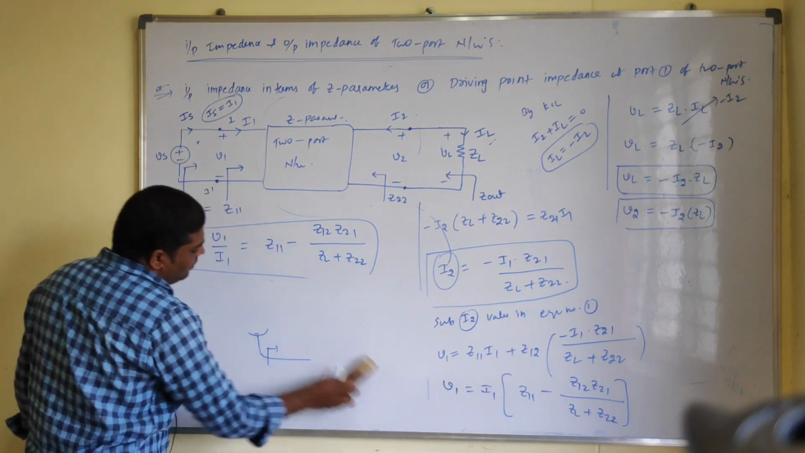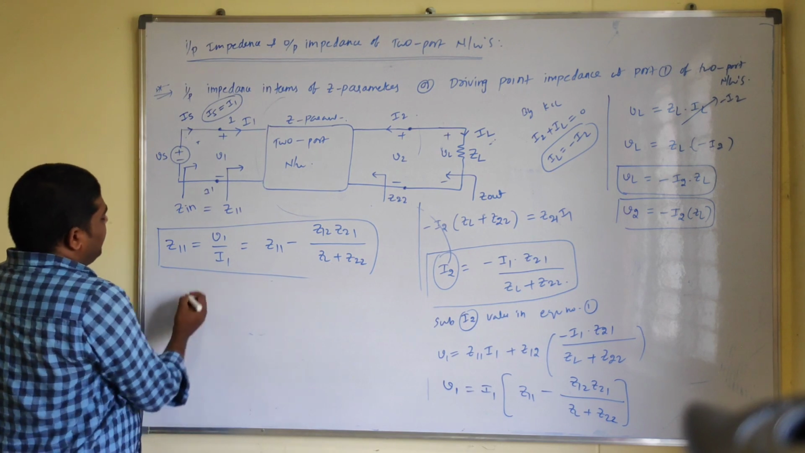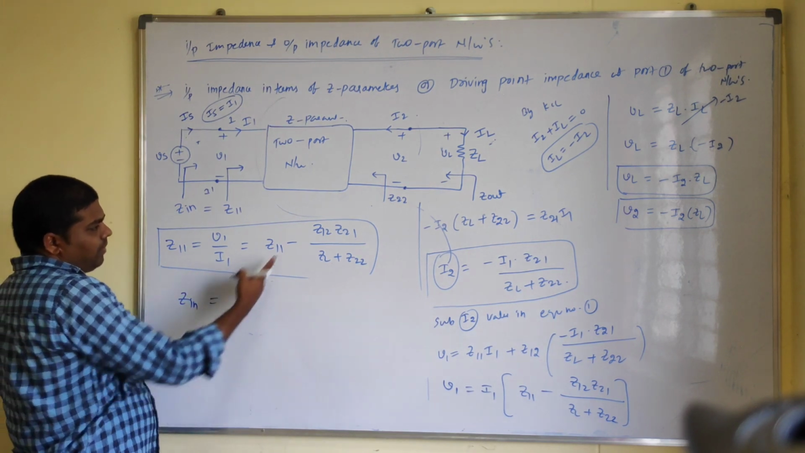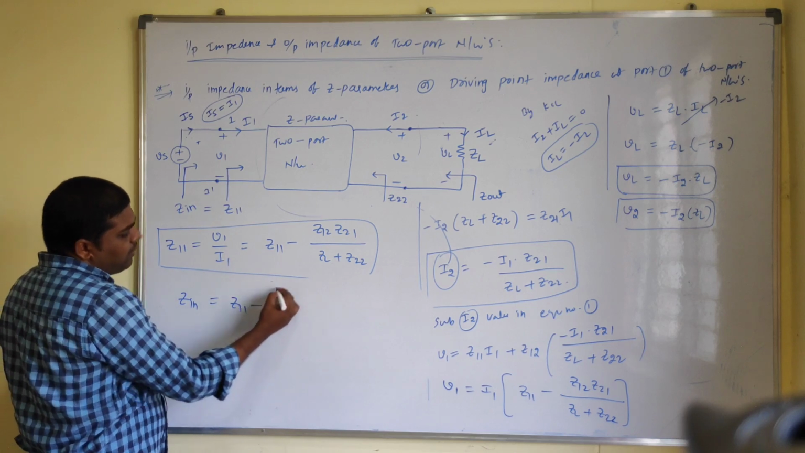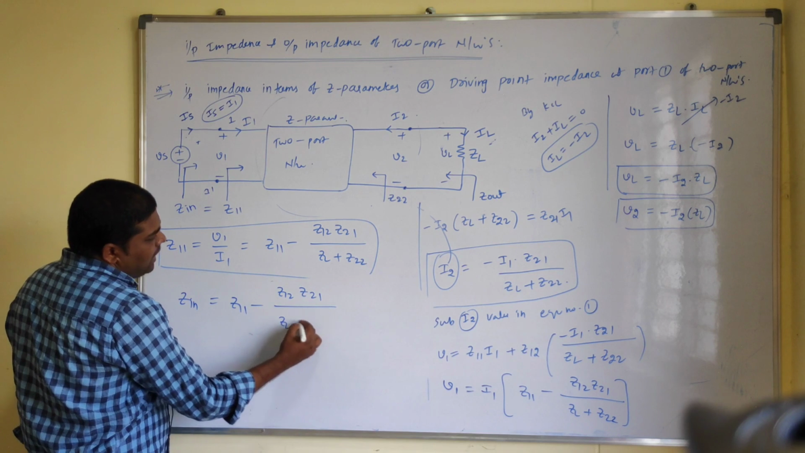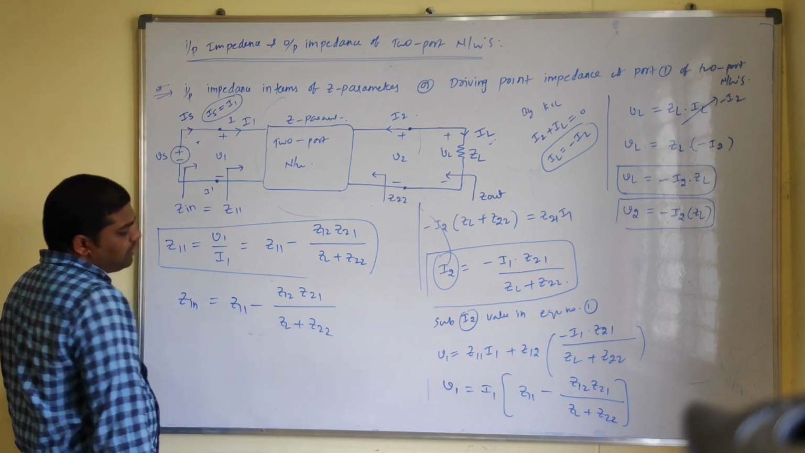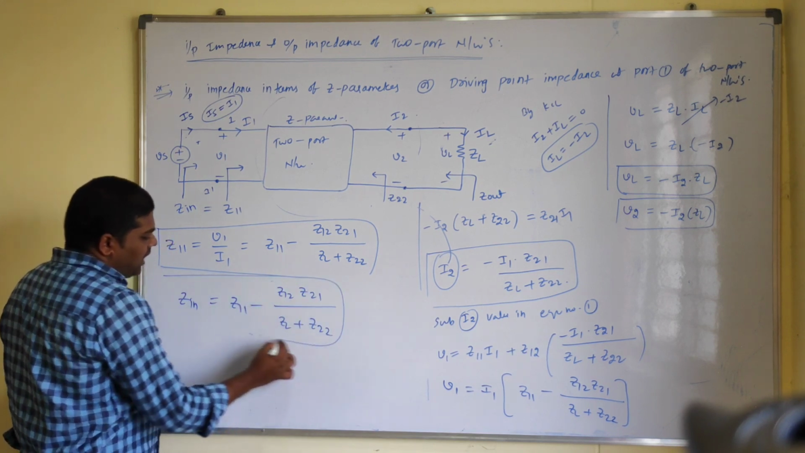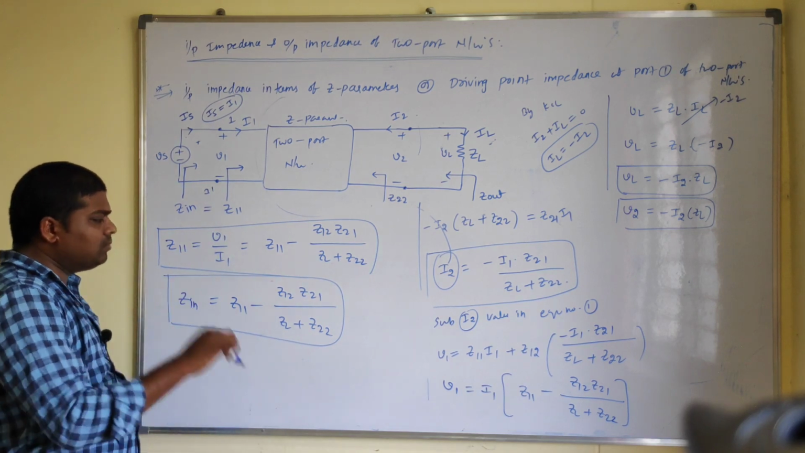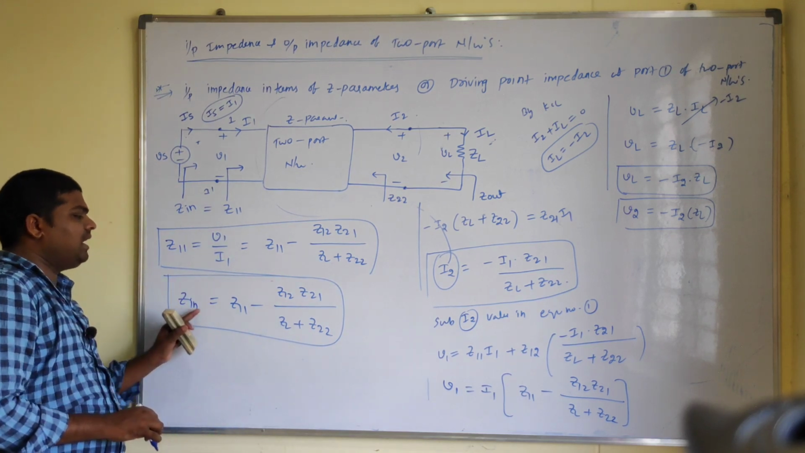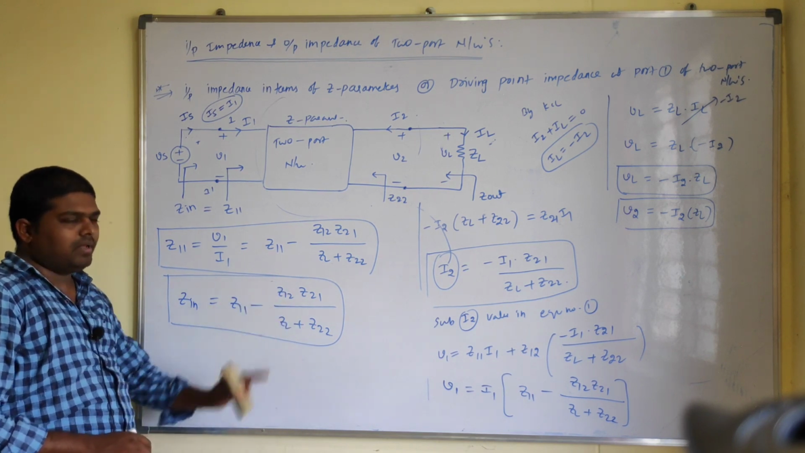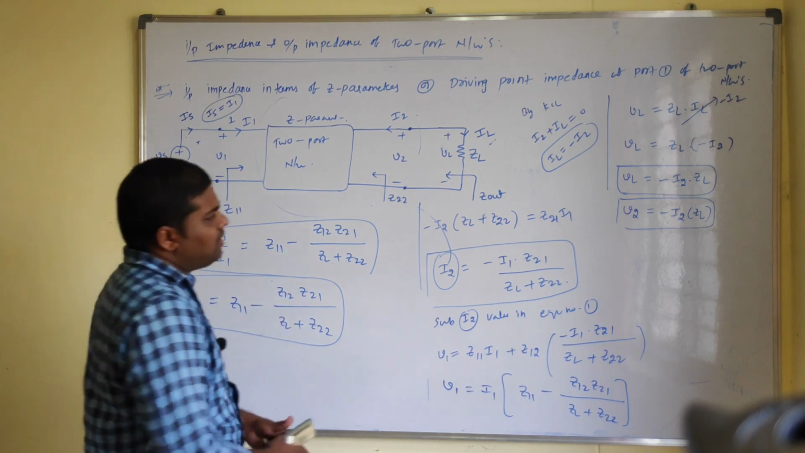Now observe here, the input impedance Zin equals Z11 minus Z12 into Z21 by ZL plus Z22. So this is your expression for the input impedance of a given 2-port network in terms of Z parameters: Zin equals Z11 minus Z12 into Z21 by ZL plus Z22. If you simplify further,